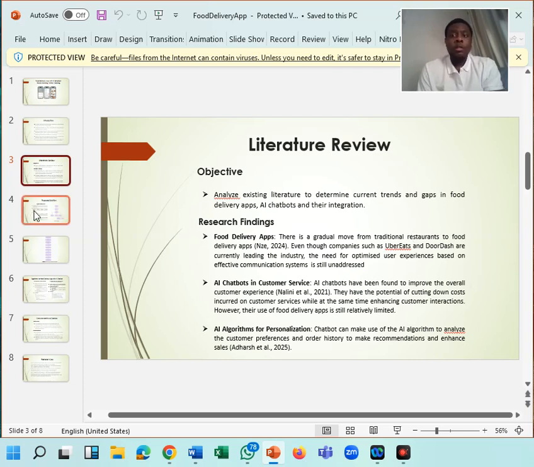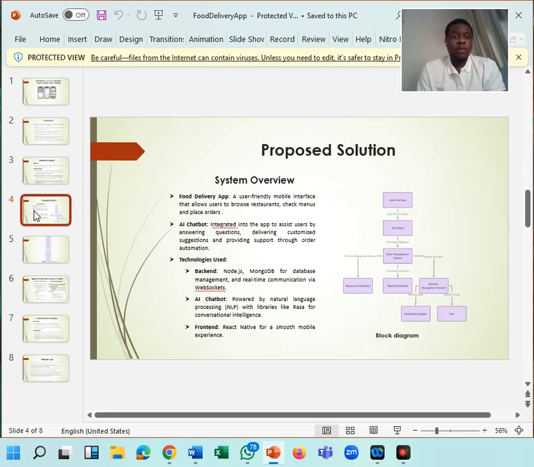So now we'll be going into the proposed solution for this project. This food delivery app will make use of many interfaces, and these interfaces are where the users can browse the restaurants, check their menus, and place their orders.